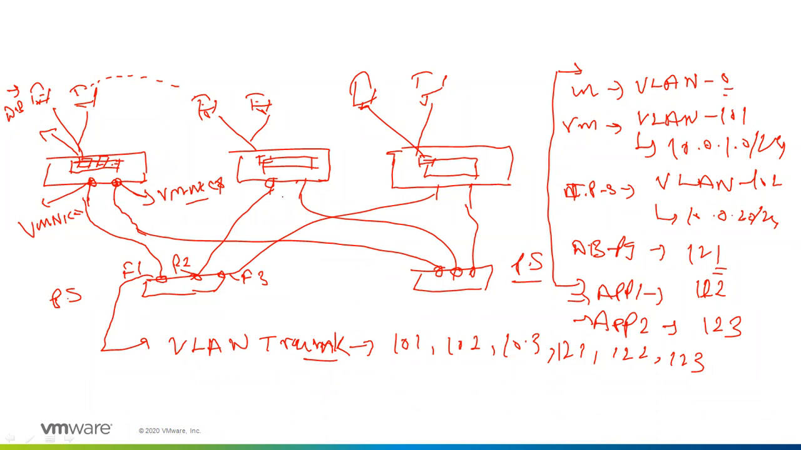By default on an ESXi host, VLAN trunk is standard. On the virtual switch, VLAN trunk 802.1Q is enabled by default. So you don't need to enable any VLAN trunk at the port level or at the virtual switch level. That is enabled by default. All right. Now,